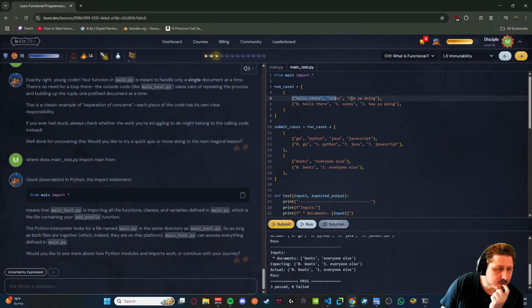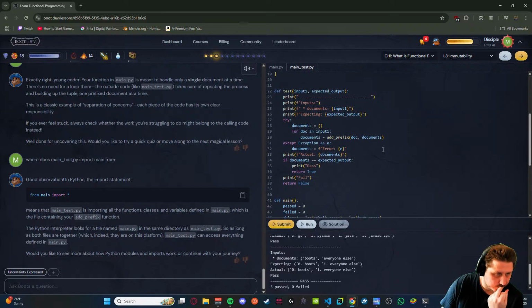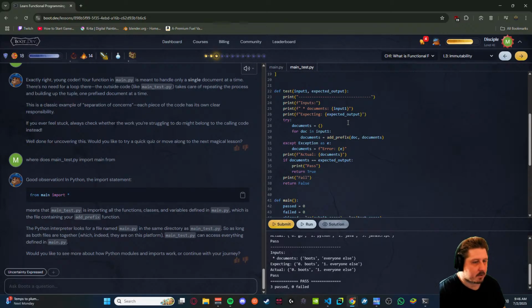So it runs this. Submit cases is run cases. And these are the extra ones. Try documents, for doc in input 1, documents equals add prefix doc documents. Except exception as E. How do you check?